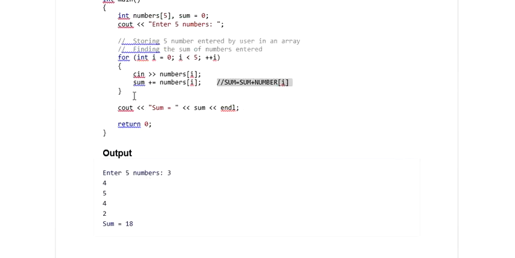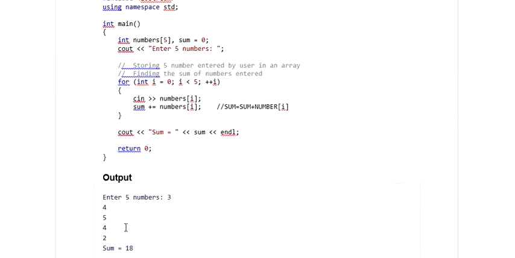When it comes out of the loop, here we are not printing anything in the loop, we are just simply summing. Every time we take the input and we sum. So when the loop finishes, from 0 to 4, at the end it will print the value of sum. So what is the sum? The sum is 18. So this is a simple example of how we can take the input in the array,